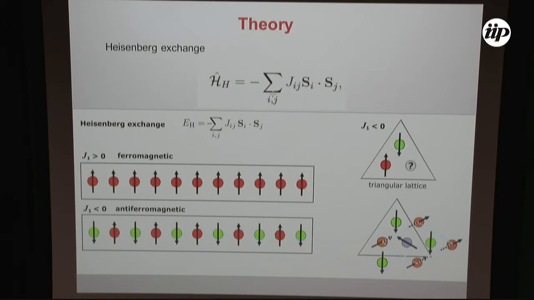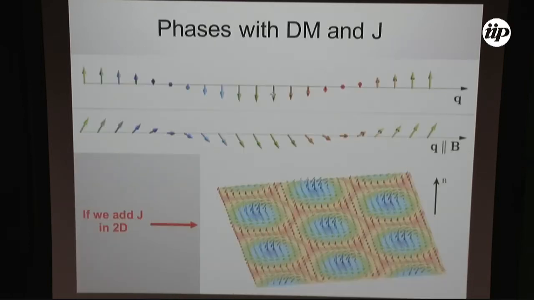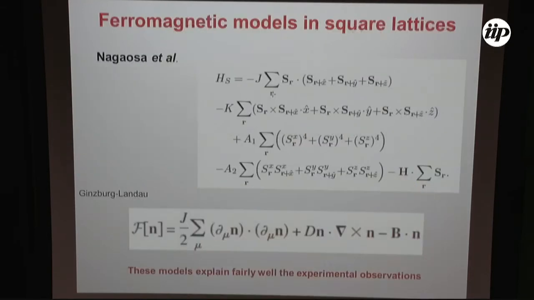But what happens now if we stay on this side? We stay on the bipartite systems, and we add this Dzyaloshinskii-Moriya interaction. For example, when you have D going out of the plane, you will get some kind of spiral with a rotation sense depending on the sign of D. But this is a very trivial case. The interesting thing is that when you combine, in two dimensions, J, the Dzyaloshinskii-Moriya term and the magnetic field, you can get these exotic states. Each of these bubbles is what I would call a skyrmion of charge 1.